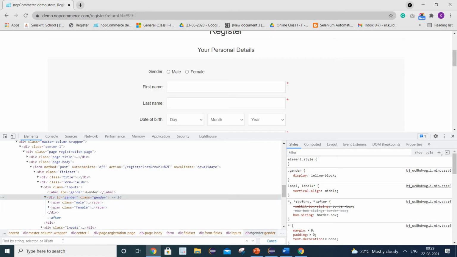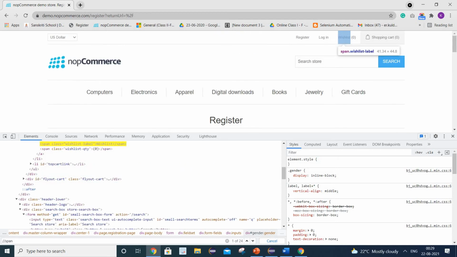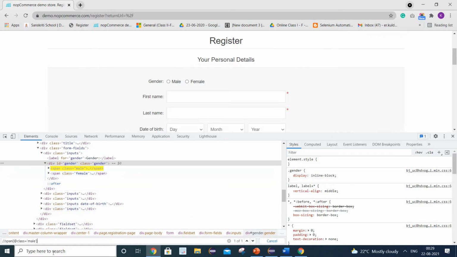So how can we do it? We can write span @class equals to male, then /following-sibling, double colon. As we know, it has only one sibling and for that the starting tag is span, so I will write span.